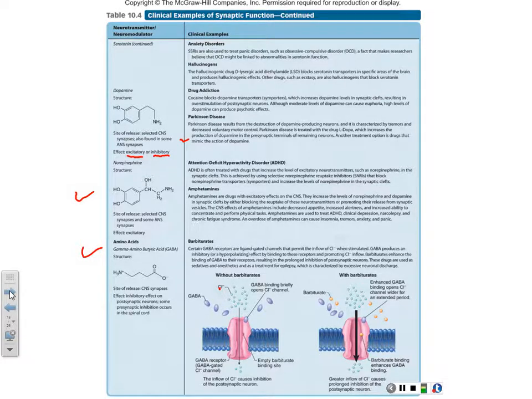A barbiturate will attach to that chloride channel so that it stays open more and more chloride goes in to inhibit. Because when you get a negative charge into the cell, you hyperpolarize. So gamma aminobutyric acid is normally inhibitory. And when you drink beer, alcohol, it does the same thing. The high you get is because it puts you low. That's why sometimes you end up passing out if you drink too much. You know what I'm saying? Because you're knocking yourself out.